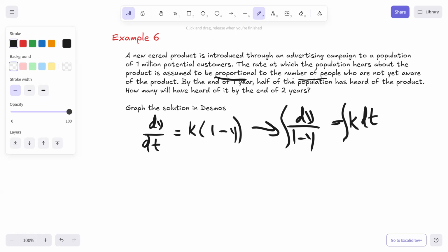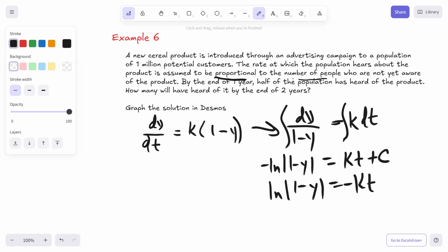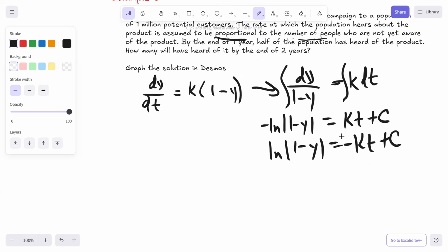We're going to integrate both sides, and you would have negative natural log absolute value 1 minus y equals kt plus c. We're going to divide off that negative to eliminate that issue right there. So negative kt. And I'm still going to write plus c because whether you add or subtract a constant, you're still adding or subtracting a constant. Exponentiate both sides. You'd have 1 minus y equals e to the negative kt plus c. And I also took off the absolute values